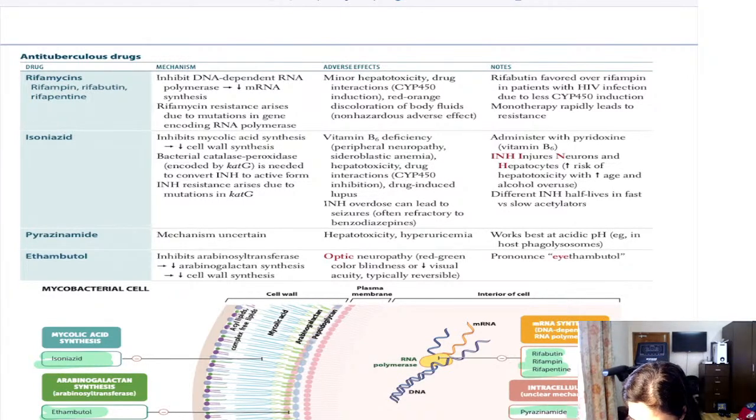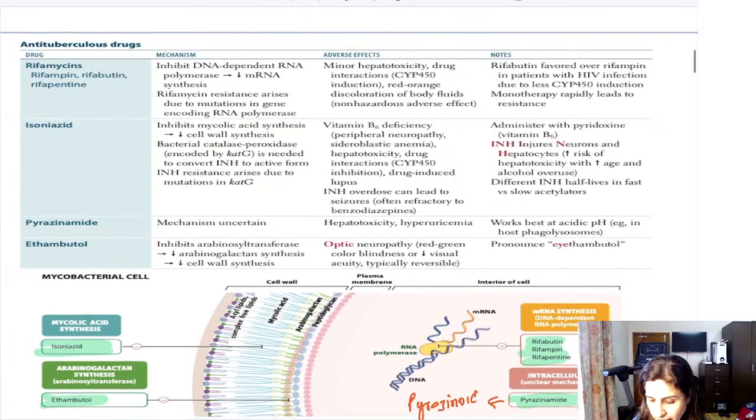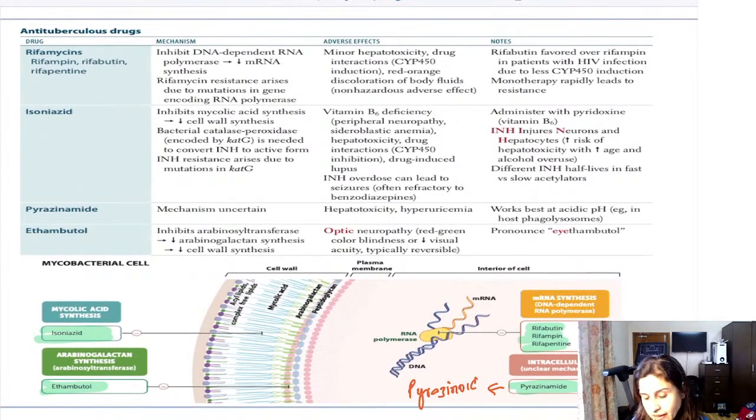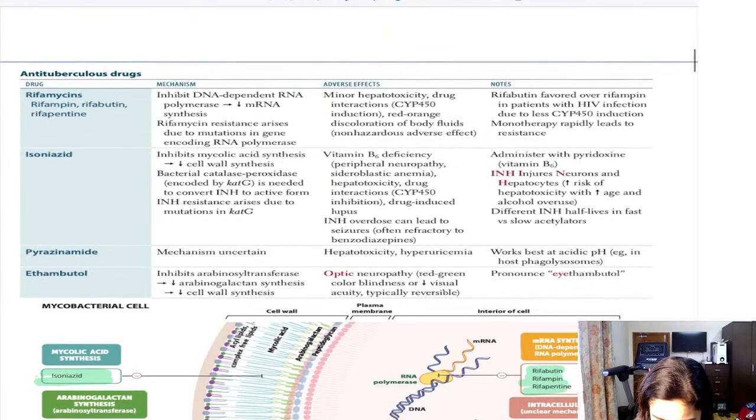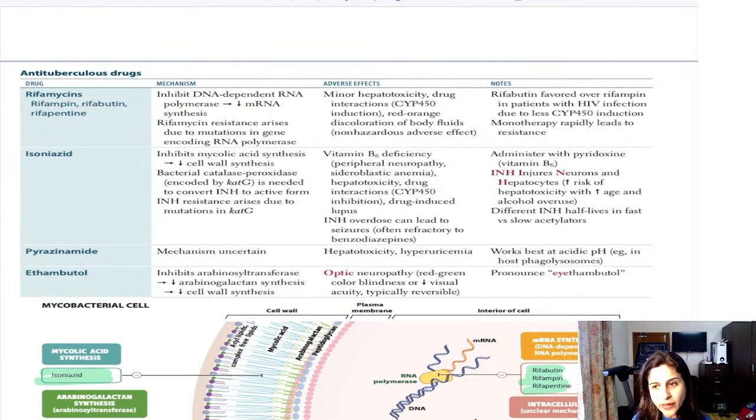Then it is your pyrazinamide. Now here it is written unclear mechanism, but it converts into a metabolite which is your pyrazinoic acid, and it also inhibits the mycolic acid synthesis in the cell wall. So that is the mechanism of pyrazinamide here. So let's see in the table what are the important points which have been asked and which you must know. एक हमने किया for the rifampicin and like drugs, ये आपने mRNA synthesis याद रखना है इसके बारे में,